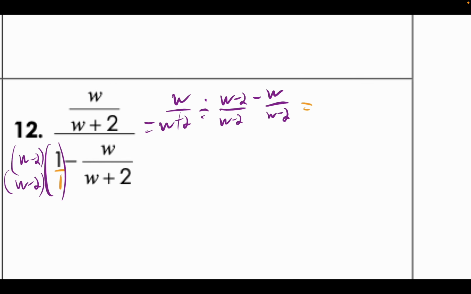So this gives me w over w plus 2. And I often do turn this into adding the opposite. I have it in the last couple problems, but I do enjoy doing that. I think it helps people, myself included. So we have w over w plus 2